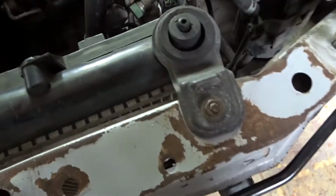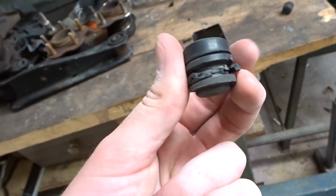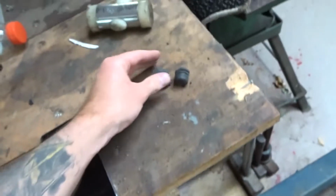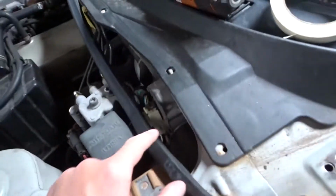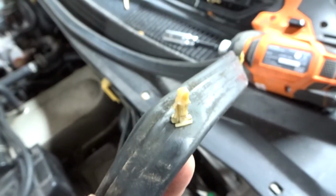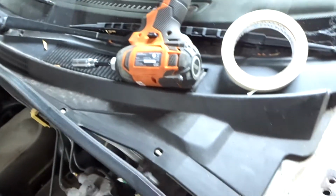We're going to need new radiator mounts, and I did take them out, but if you look at these, they've just been shot to shit, they're just breaking apart, all the rubber, and just about all the rubber on this car is going to need replacing. We're going to be replacing this cowl as well, along with this weather strip. Look at that, it's just yellow and needs to be replaced, so we're going to rip that off as well. But we'll be doing all that